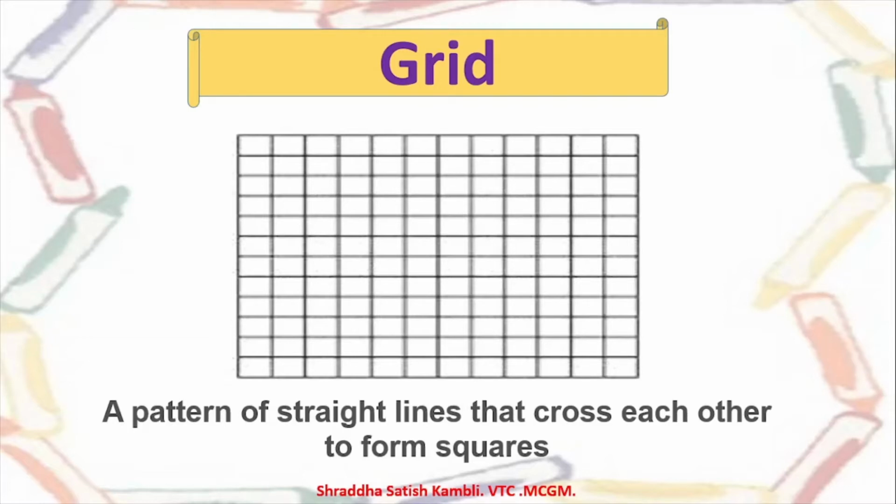Now when I'm talking about lines and squares, it means it has something to do with maths. This basic figure, or drawing, is usually found in maths, but we are going to learn it as part of our English language, where we will try to improve our vocabulary using grids. We are going to look at a word grid. The grid will be the same. We are just going to see how we can use this particular grid to learn more words.